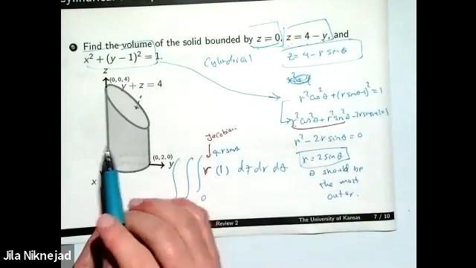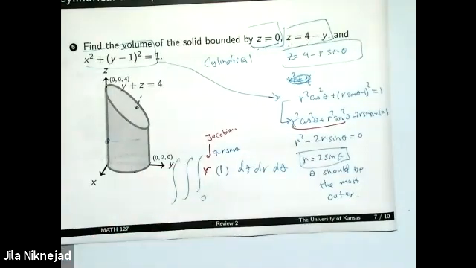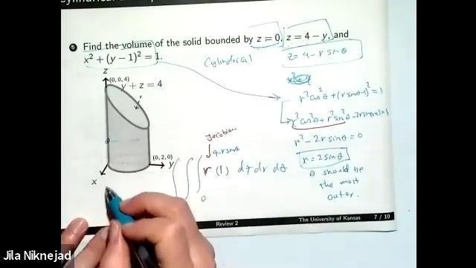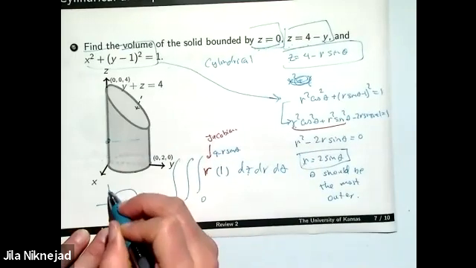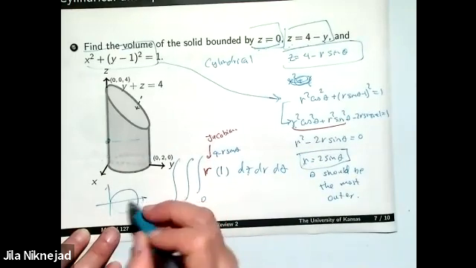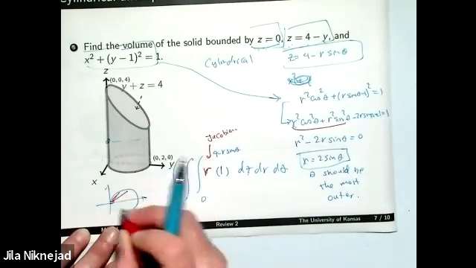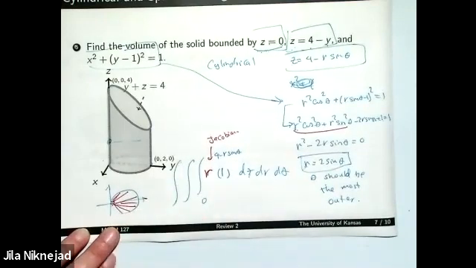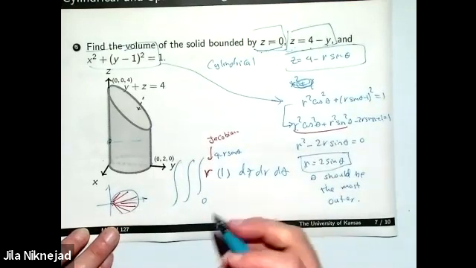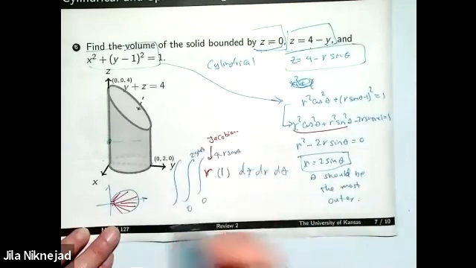r goes from, see, r over here is 0, goes to this surface. If you look from above, r goes from 0 to these. Do you see that? That's the direction that r goes. And so r goes from 0 to 2 sine theta. And then theta goes from,